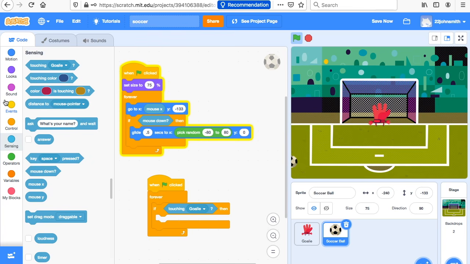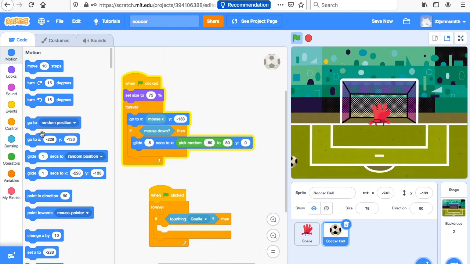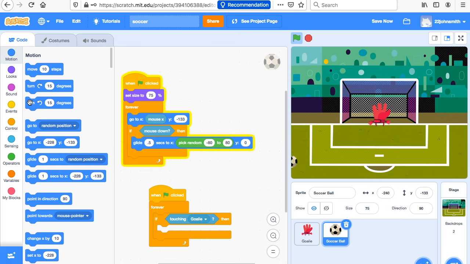The ball's going to glide. Let's go to motion, and it's going to glide. Now you're going to glide. Okay, motion, glide. And you're going to glide to, let's make this 0,